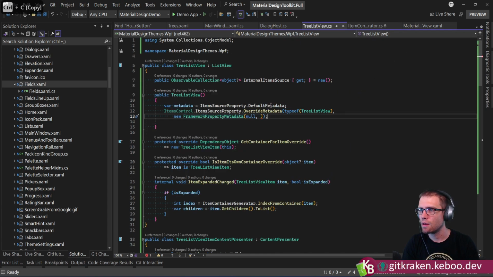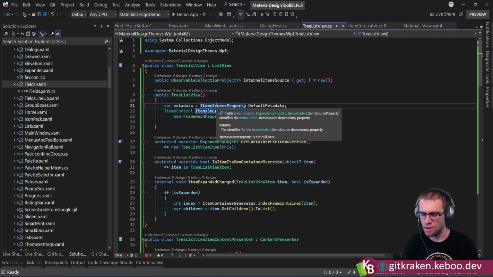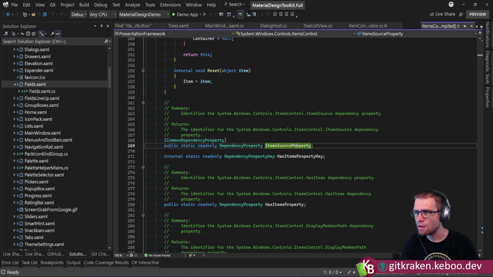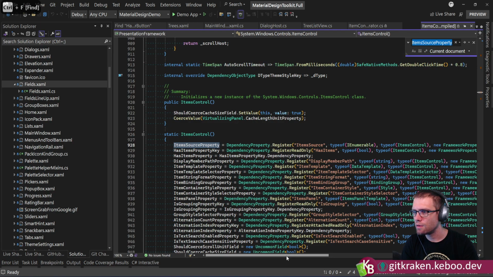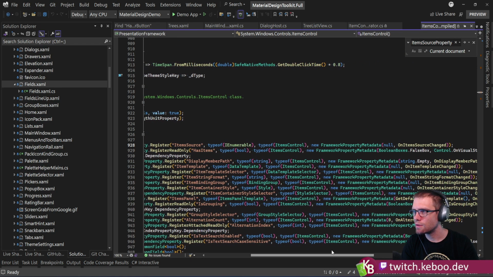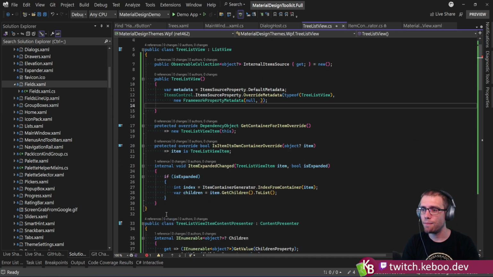Hallelujah. And actually, this thing didn't do anything fancy, did it? Is framework property metadata null callback. Okay. So if we do